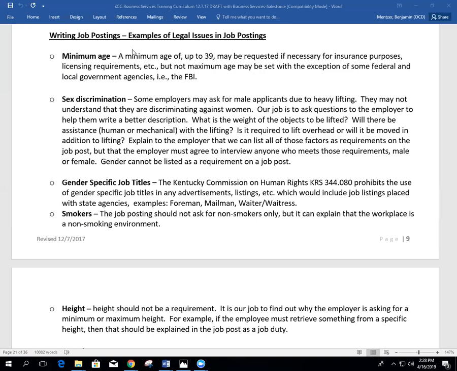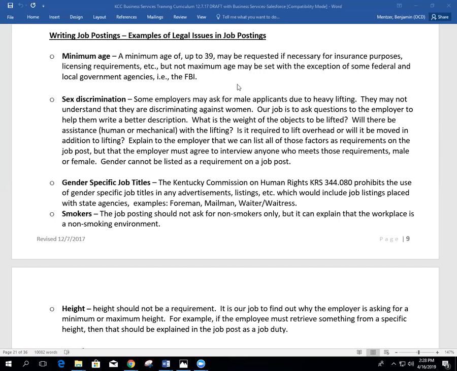You can never set a maximum age, except with very few exceptions. Some federal and local government agencies do have a maximum age, but otherwise it would be considered age discrimination. And again, the minimum age of up to 39 can be requested if it's a legal requirement of the job. You can't simply ask for a minimum age for other reasons.